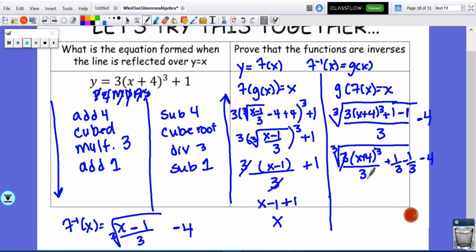All right, this goes away. Cube root of x plus 4 to the cube, that goes away, minus 4. And then we're left with the cube root, and the cube reduces to 1. So we get that. And then plus 4 minus 4 is x. And so since both equal x,